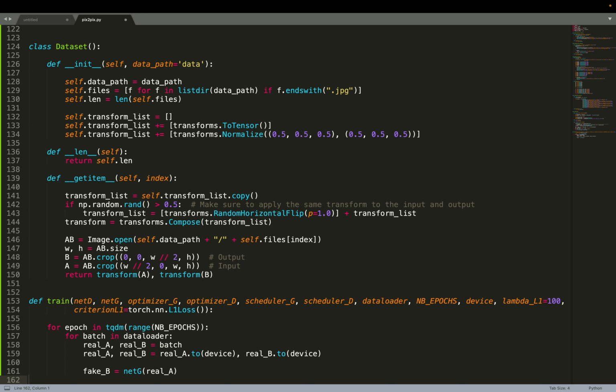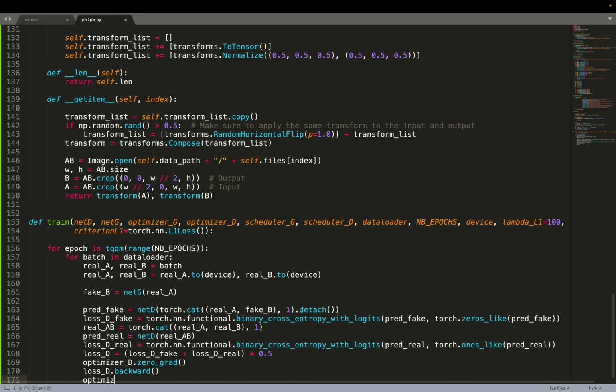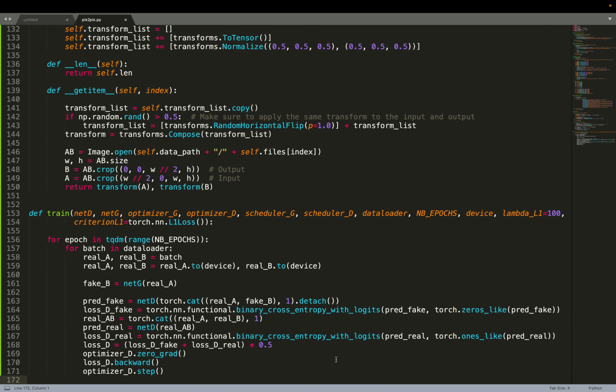Then basically now we have a standard GAN training, so we generate a fake image from the generator, and then basically we compute the vanilla GAN loss using the binary cross entropy. Here we're using the binary cross entropy loss with logits, so that allows to have results that are more numerically stable. I won't go into details of that, of the maths,